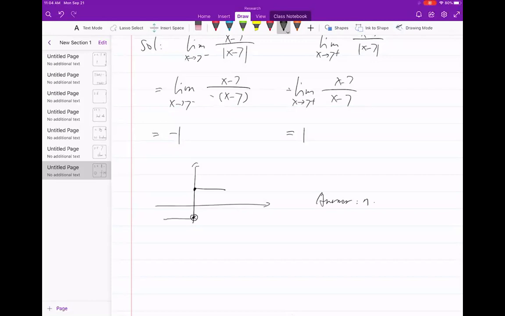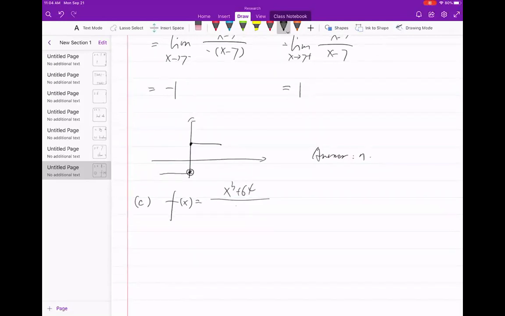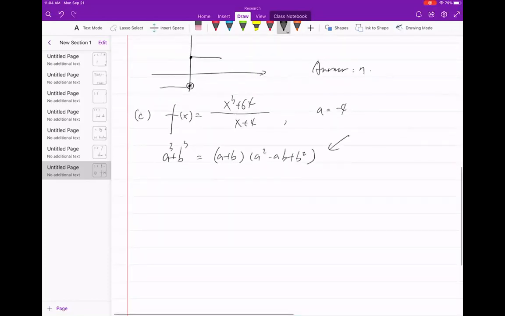Okay. The third, again, you can plug in, you'll find it's 0 over 0. So there is a hole there. To double verify, you have to know a formula, a cubed plus b cubed equals a plus b times a squared minus ab plus b squared. Okay, this is only for homework. For the exam, you don't have to know this formula. But if you know it, then